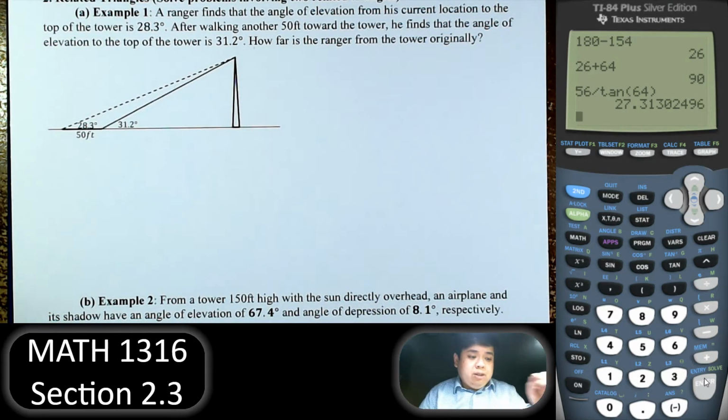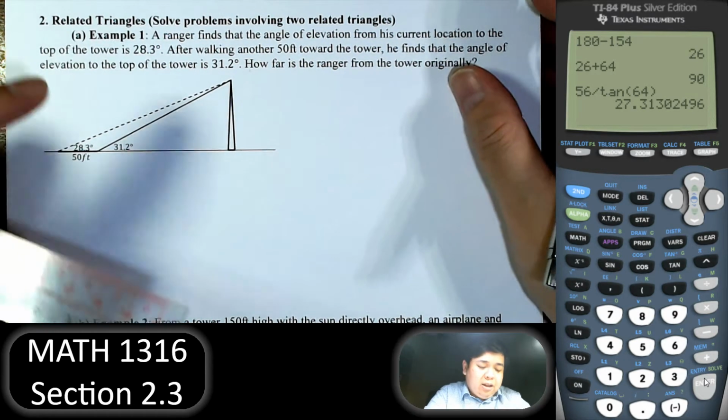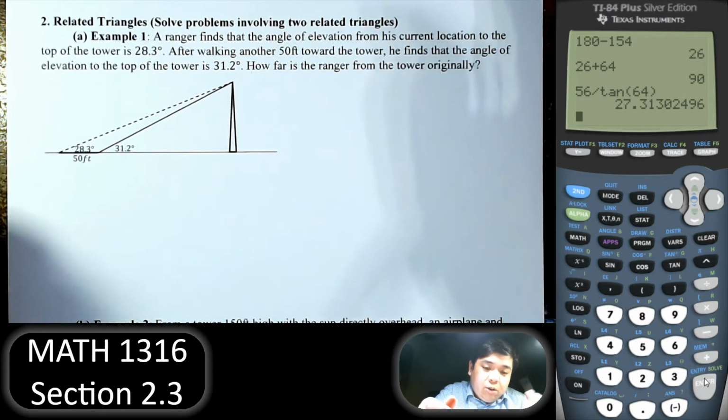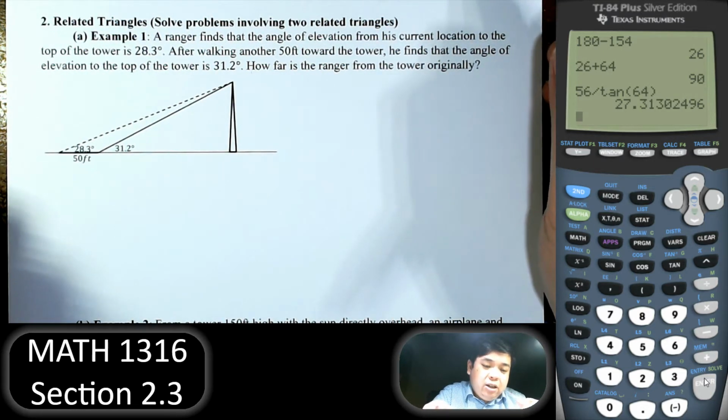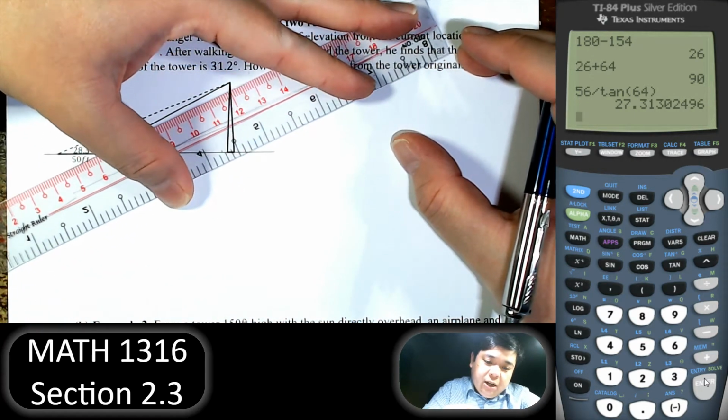So how do we do this? The topic for this is called related triangles, meaning that we have more than one triangle, more than one right triangle. We know only 50 feet is the only measured length here. So how do we find it? Remember there are two right triangles. I'm going to draw two of them. First,